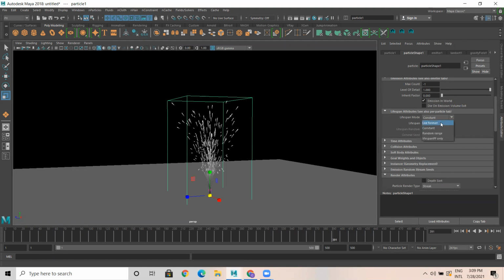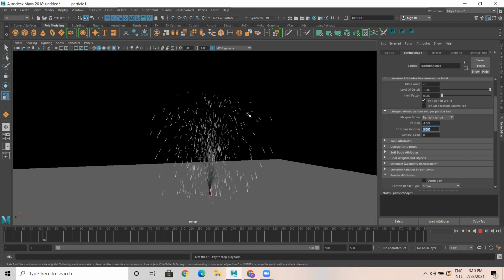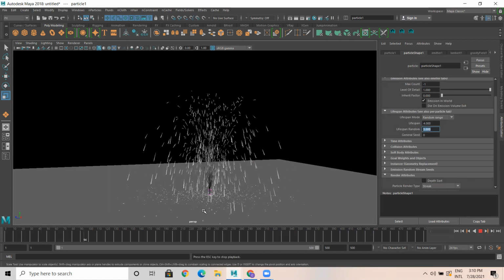What we have to do is pick random range. You need to pick random range. The life of the particle to be random range. I don't want this to live for a second. I want this to live for some 4 seconds. Randomness, birth or death rate, randomness, let it be some 3. Okay. So that it gets birth here, somewhere it dies here.